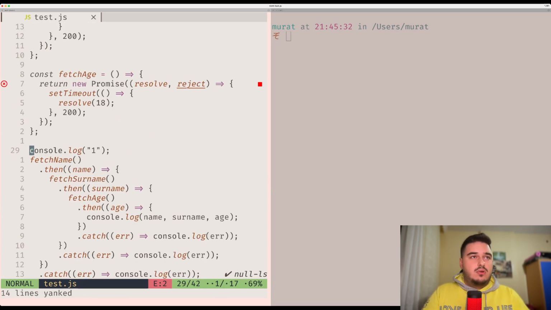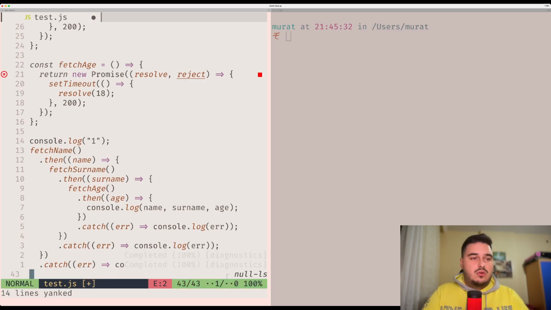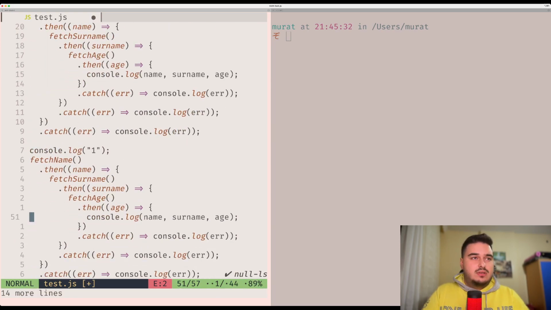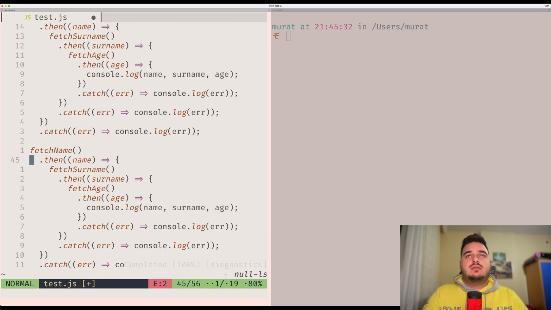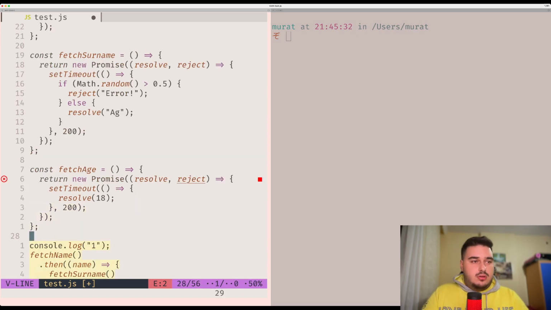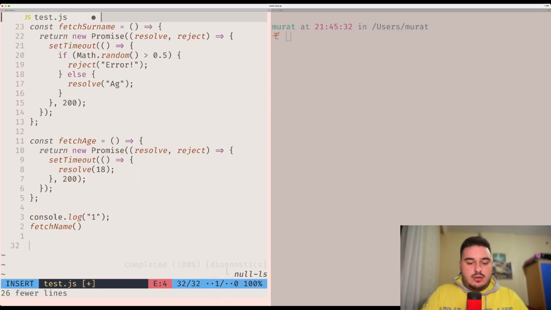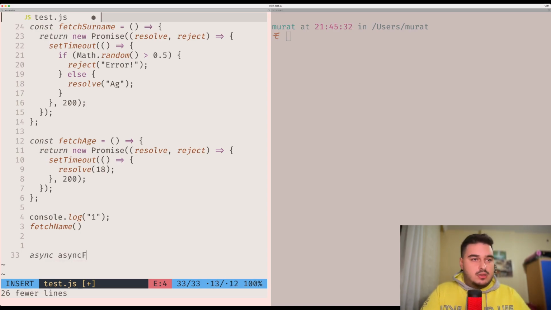Let's write some code. Let's write the same code with async-await functions. Async-await is another syntactic sugar to replace then and catch. In order to use them, you need a function defined as async, like let's say async function